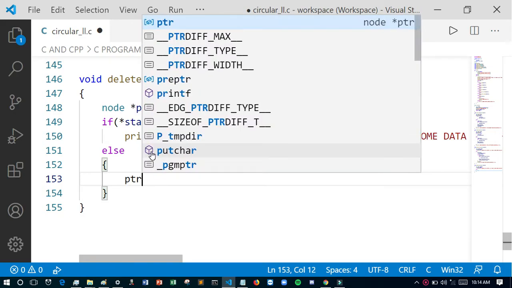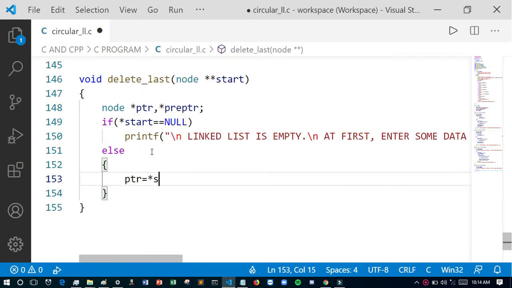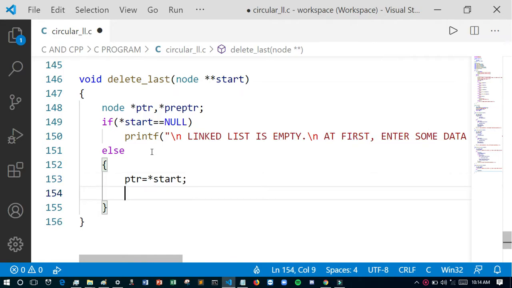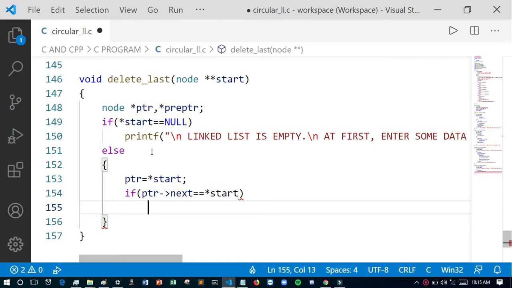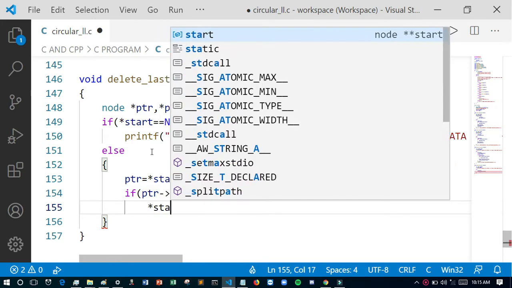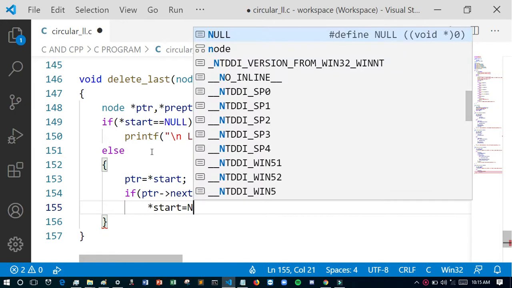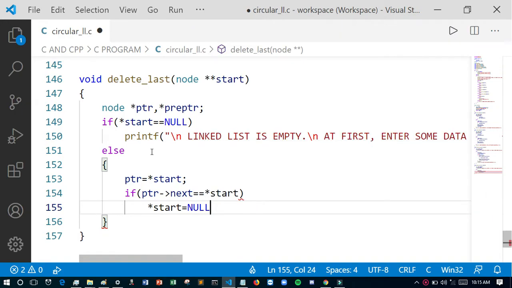Then ptr equals start, we will traverse the linked list, and if only one node is present, if ptr next equals start, then we will just delete the first node, and then we will print a message: delete last node successfully.